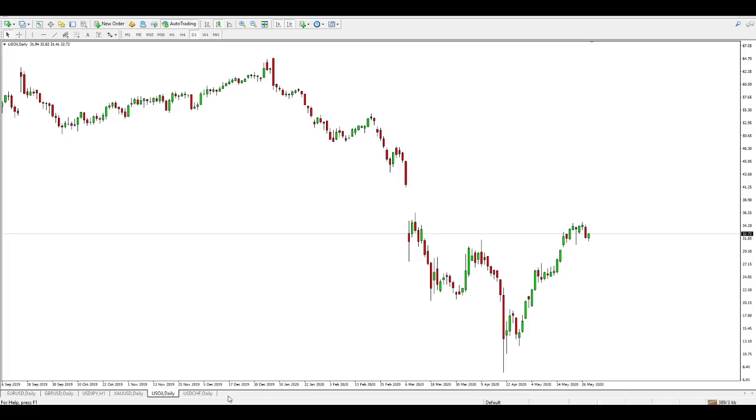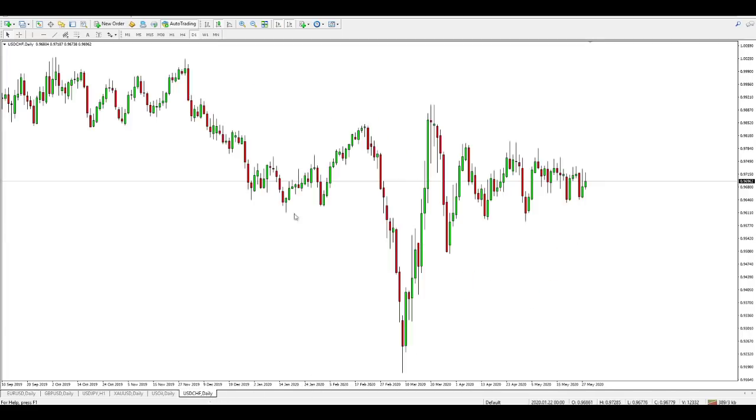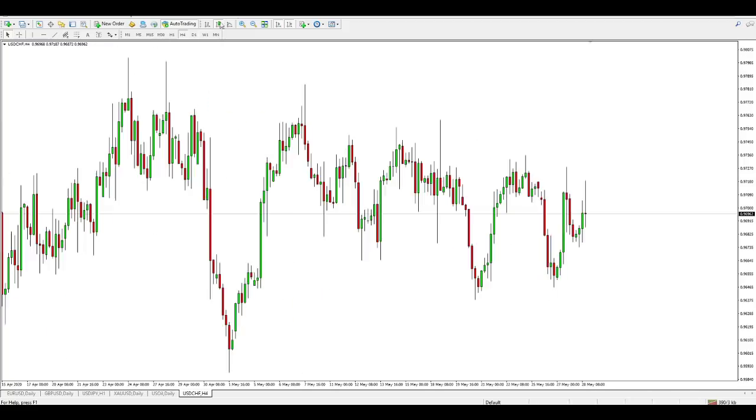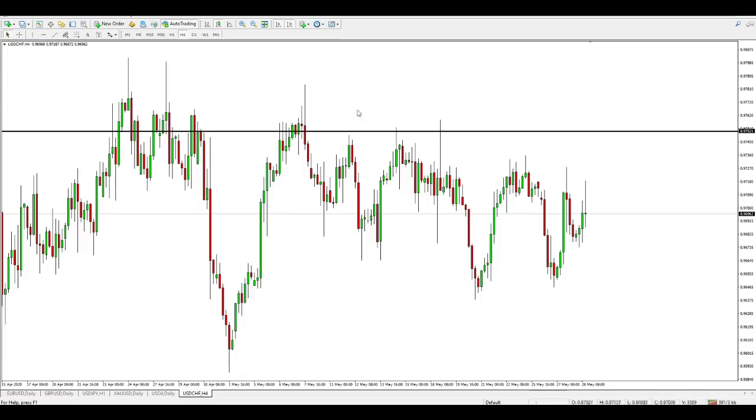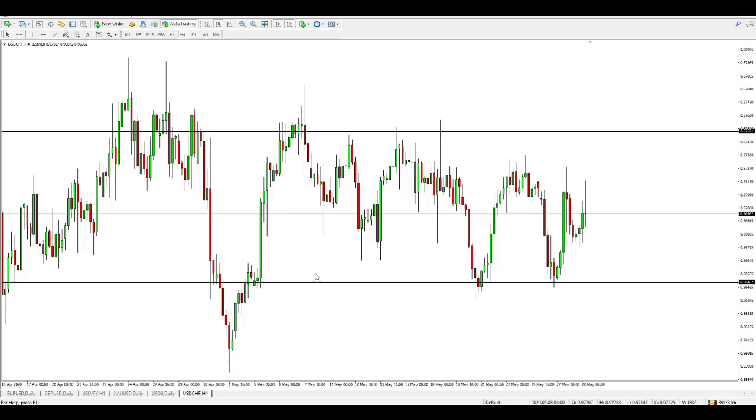Next up is USD Swiss. This is dollar Swiss, and what you'll see here is this one is very, very choppy lately. If we actually take it to the 4 hour chart, you can see it a little better. There it is. You see a lot of choppiness on this pair, very back and forth. And if you're a range-bound trader, this can actually be kind of a cool pair to be trading right now, just because we've had so much back and forth. There might be some good chances to